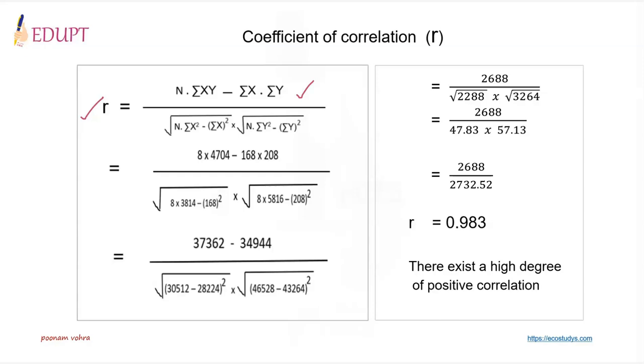We have already found sigma xy, we know n, we have found sigma x, sigma y, sigma x square